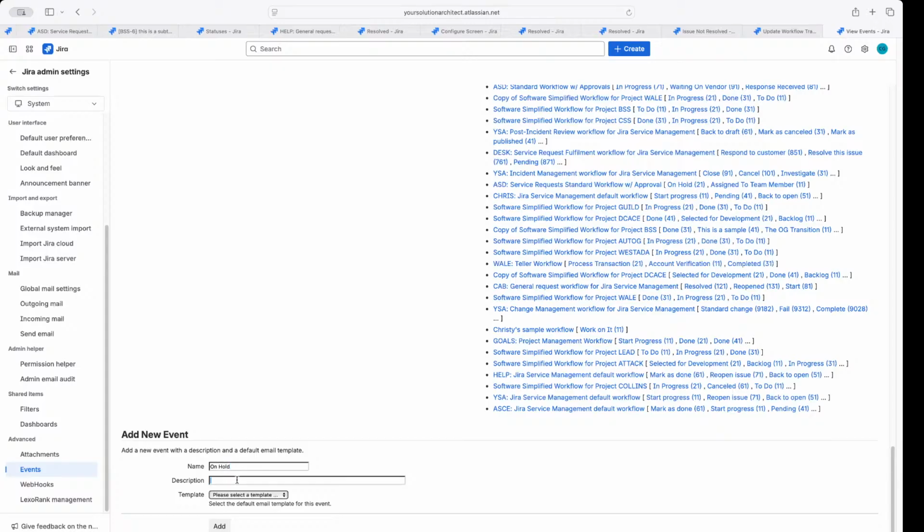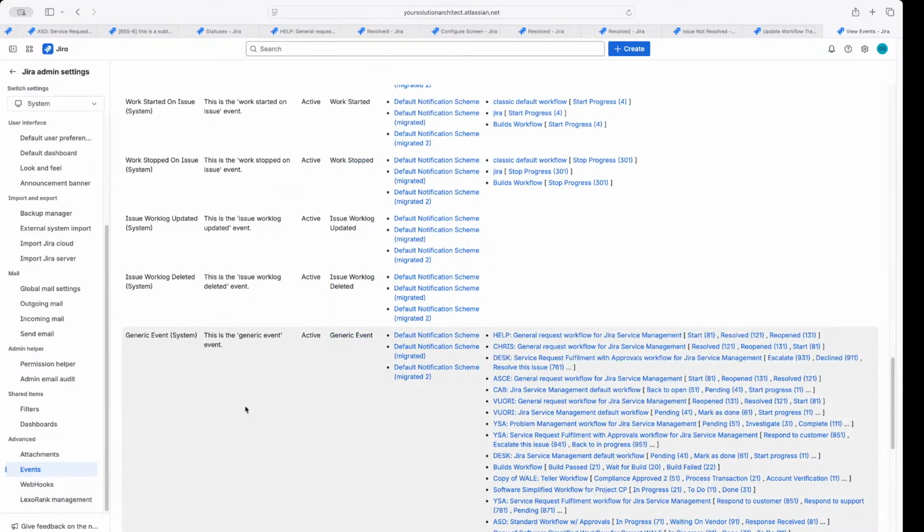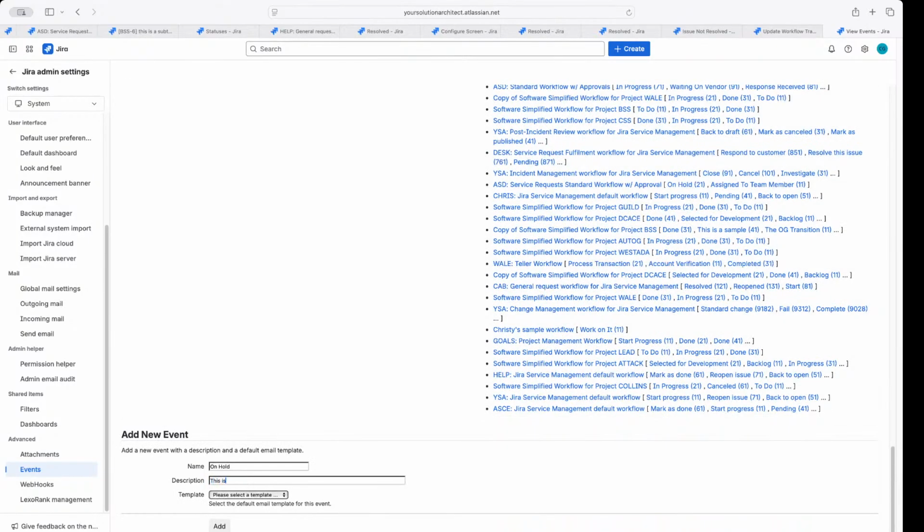You can add a description if you want, totally up to you. I think it's kind of redundant. And then you have to select the template. What that means is the email template. There's only so many in your environment. So I usually use the template of work stopped for this